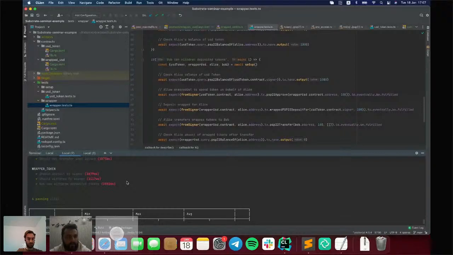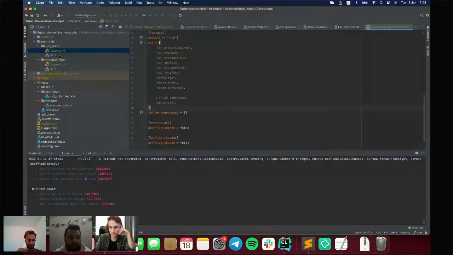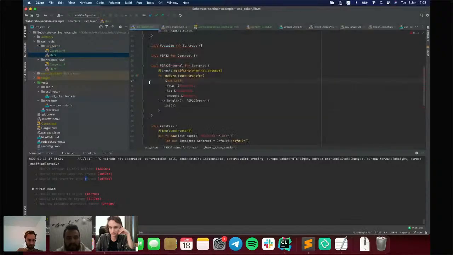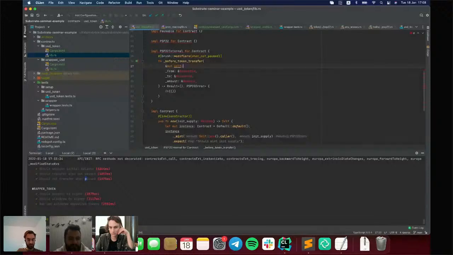So the tests are passed and everything works correctly. Now, we used a simple structure in our project. We have only contracts and all logic defined inside of the contracts. But now we will show you two more structures that you can use in your project.